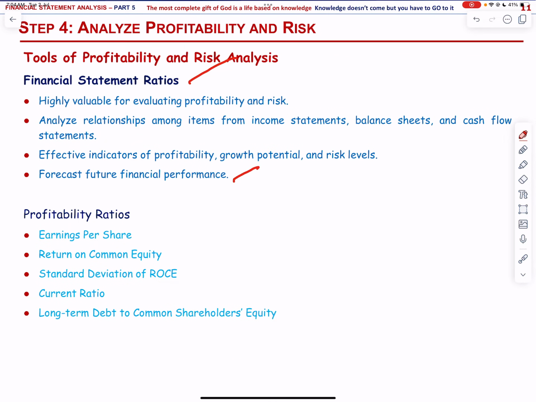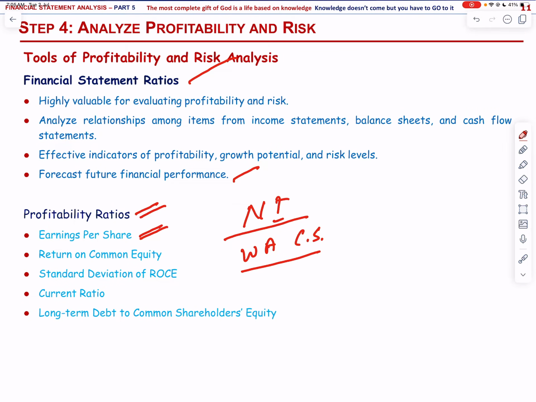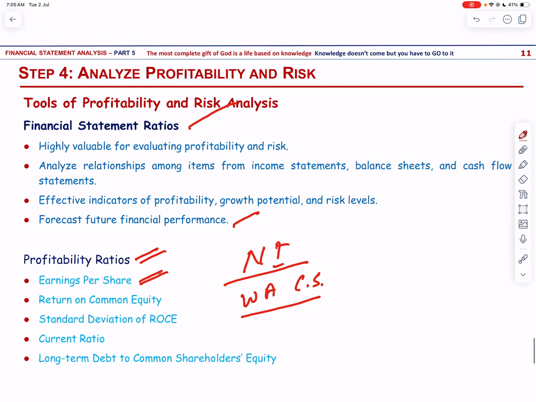Let us talk a bit about the different profitability ratios. And the first one is earnings per share. This is a fundamental profitability ratio widely used in financial analysis. Basic earnings per share for a company is calculated by dividing the net income available to common stockholders, adjusted for preferred dividends, by the weighted average number of common stock outstanding. For example,